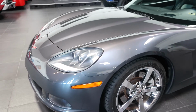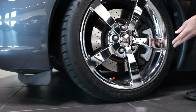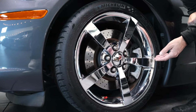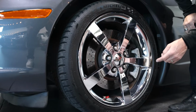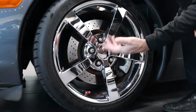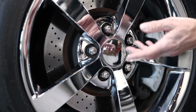Let's do the wheels real quick. Now, in these wheels, the chrome is beautiful all the way around. I think they could use some polish and some really good labor shining these up even more if you're into that sort of thing. The barrels, I suggest getting these wheels taken off at some point down the road and having a wheel guy shine